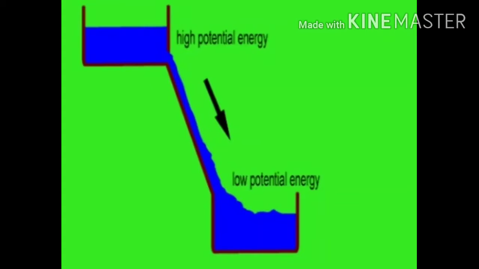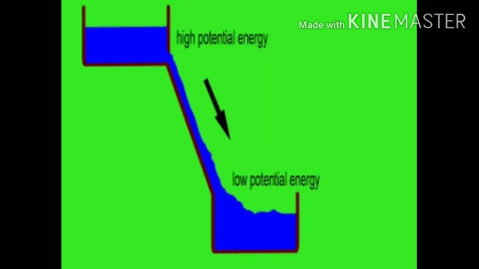Today, let's see about the basic definition of a voltage or potential difference. In this picture, it shows the water flows from higher potential to the lower potential. Similarly, the current in the circuit will flow from the higher potential to the lower potential. The difference between these two potentials is termed as a potential difference, or this potential can also be termed as a force that pushes the electrons towards the lower potential.